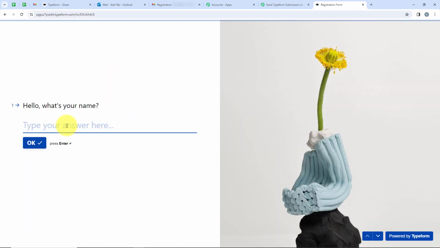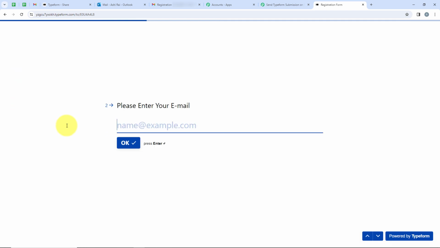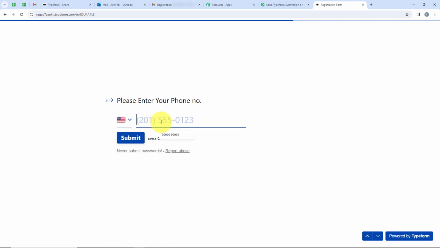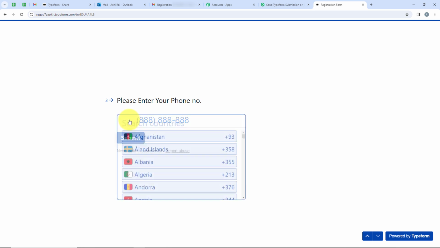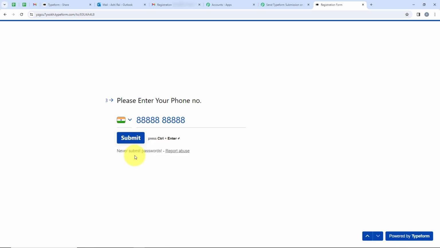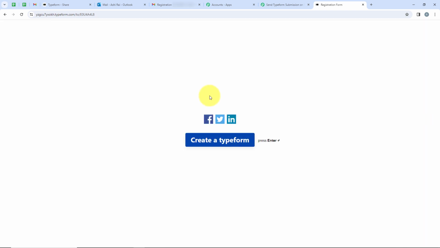And then I'll fill the dummy details again as test user, test@pabblytools.com, and then the phone number as this. And I'll select the country as India again. And then I'm going to click on submit. And yes, you can see that we have successfully submitted our form again, and then I'll directly go to my